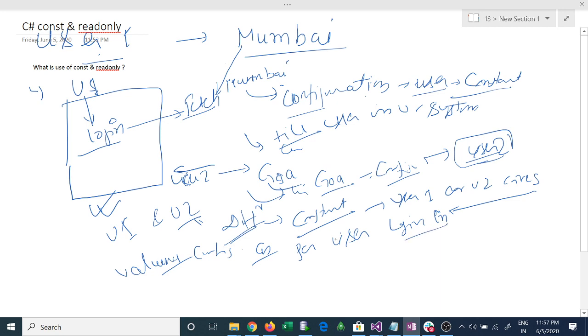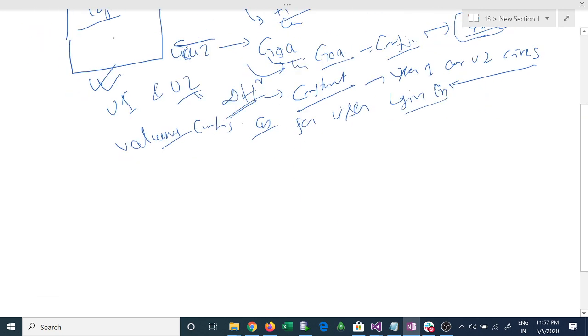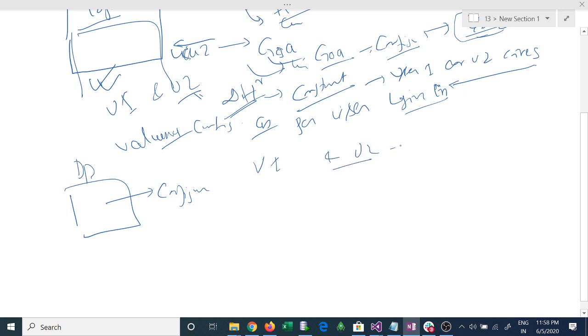And the second scenario is, suppose here is the DB, it has some configurations for user 1 or user 2 or user n, the database is the same.